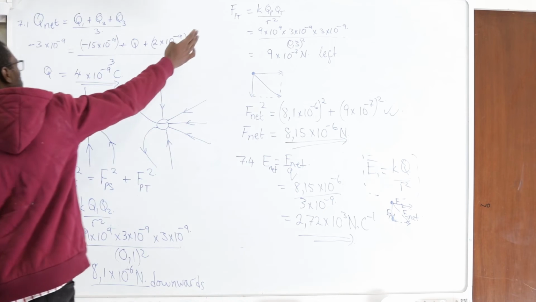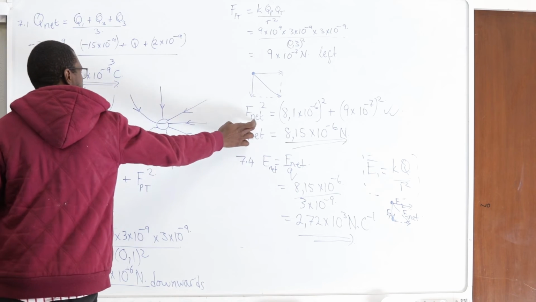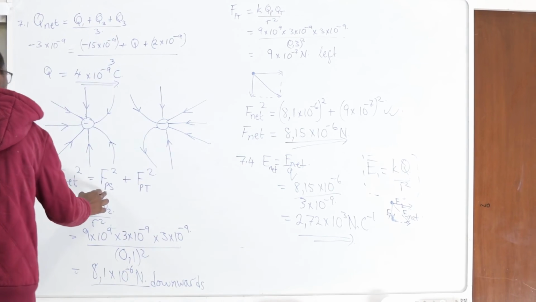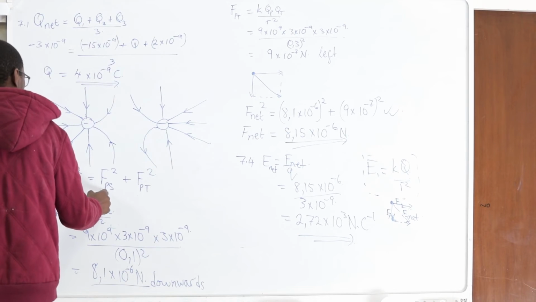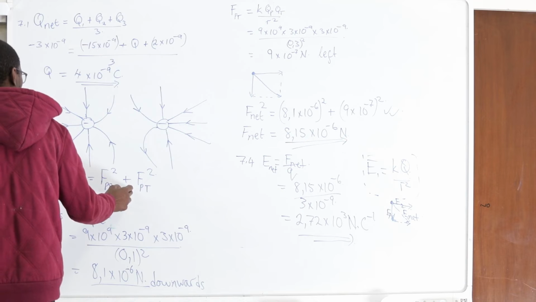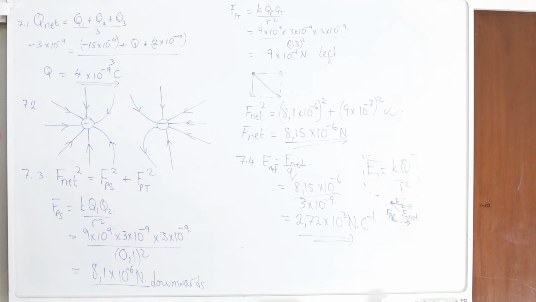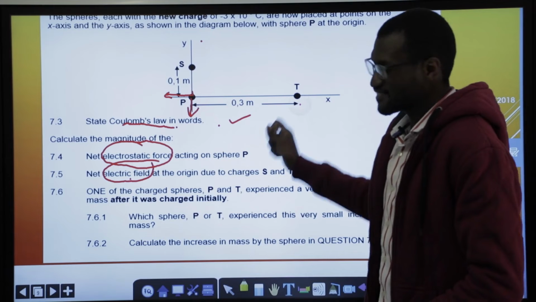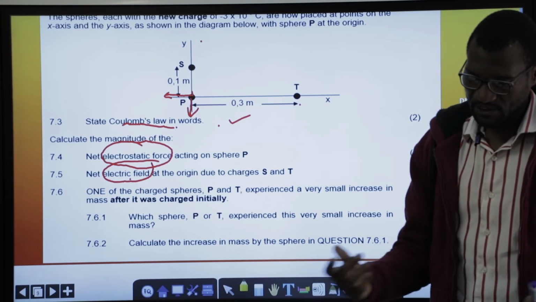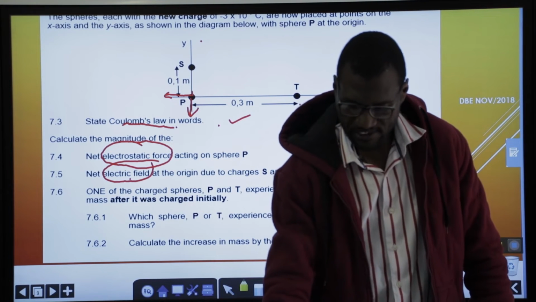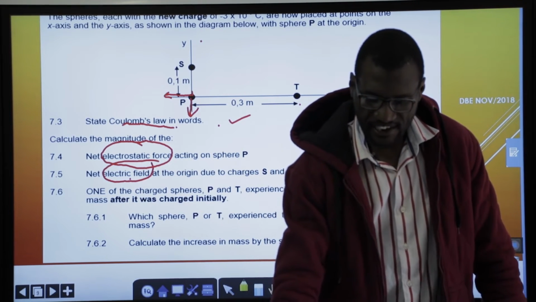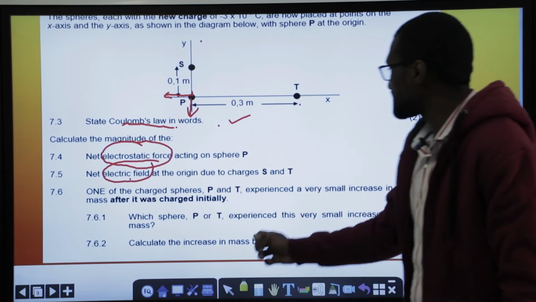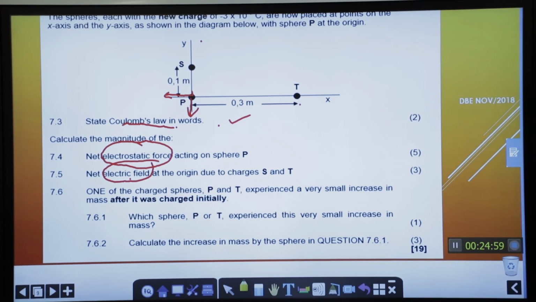You could follow it through by finding the value of E and use E net squared being equal to E of P and S plus E as a result of S and E as a result of T. You should still come up with the same answer. The answer is in Newton per coulomb. So the next question says,